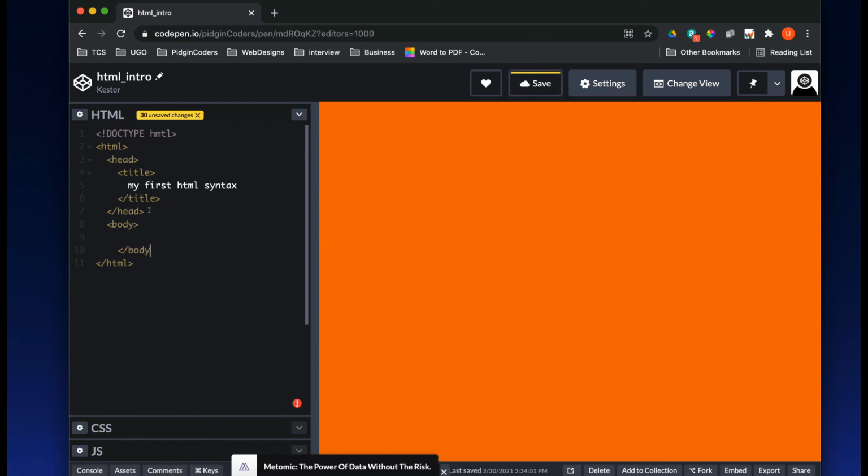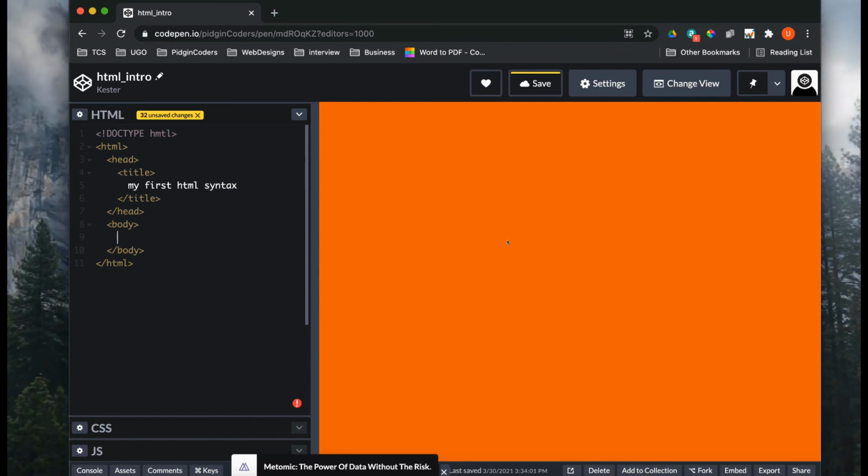Now I close it. Remember, any HTML tag you open, make sure you close it first before you start to do something else. Inside this body, anything I write here will show inside my content. If you see the preview of my file here, where the color is orange, you see my title does not show there, but if I write anything inside my body, you will see it show there.